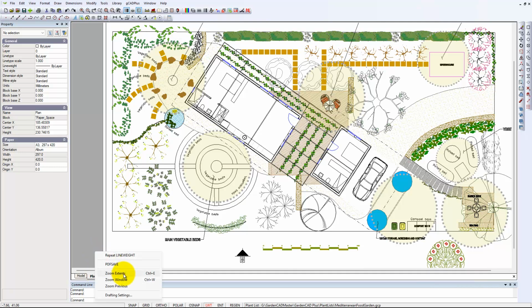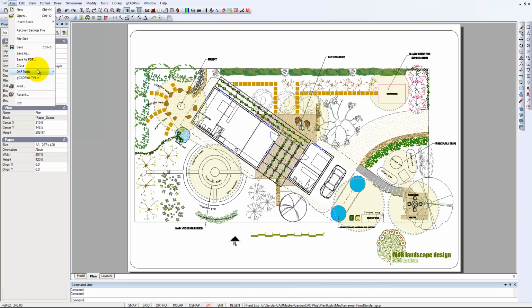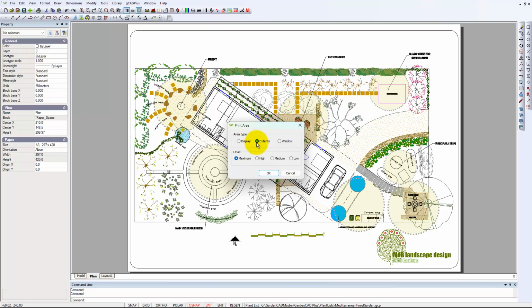We'll zoom extent so we see the whole drawing sheet, which in this case is an A3 sheet, and we'll generate a PDF file directly without having to worry at all about PDF writers and other extra software. So we go File and Save as PDF, and we can click Extents and Maximum, although I would normally start